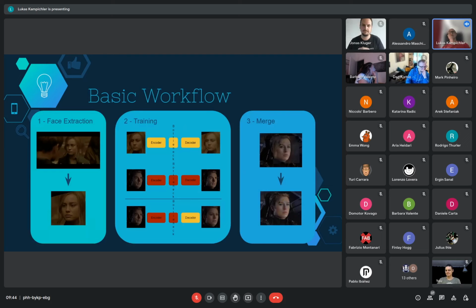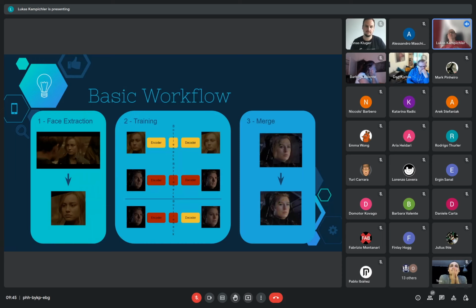The whole deepfake workflow consists of three parts. First, we have the detection and the preparation of the faces. That means not only the face that we want to put on our body, but also the original face. So we need the face of Brie Larson and the face of Chris Evans prepared.